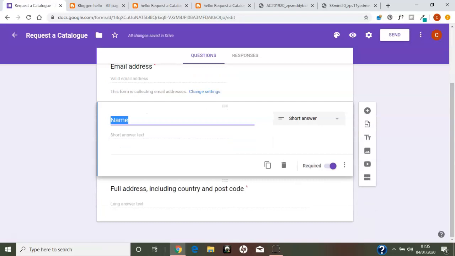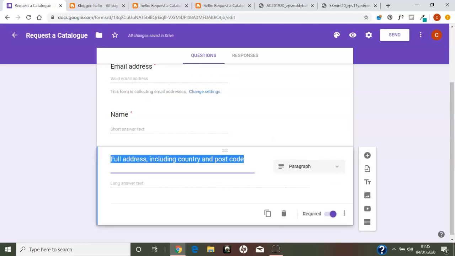Okay. Now, given that for 2/3 of the year we actually have more than one catalogue available, you might want to ask which catalogue they are requesting. Perhaps they've already got an annual catalogue from the launch in June, and now it's come to January and we've got the mini catalogue, and you only want to send them a mini catalogue if that's the one they need. Okay, they might have got an annual catalogue from another demonstrator, so you can check that by asking them another question. So we'll add another field,